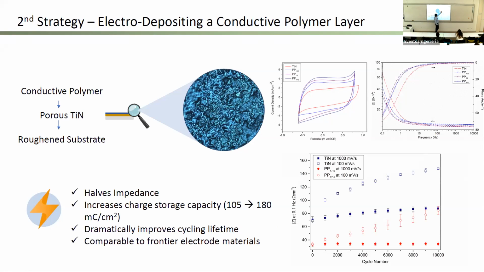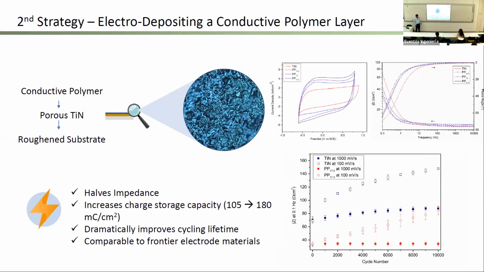We have seen that by depositing this PEDOT:PSS on TiN, from the cyclic voltammetry curves, this is for TiN, this is for different thicknesses of PEDOT, we start getting higher charge storage capacity and also a lower impedance. So this coating helped us to further reduce the impedance of the electrode, to further increase the charge storage capacity, now from 105 to 180. It increased the cycle lifetime, and now it became more comparable to